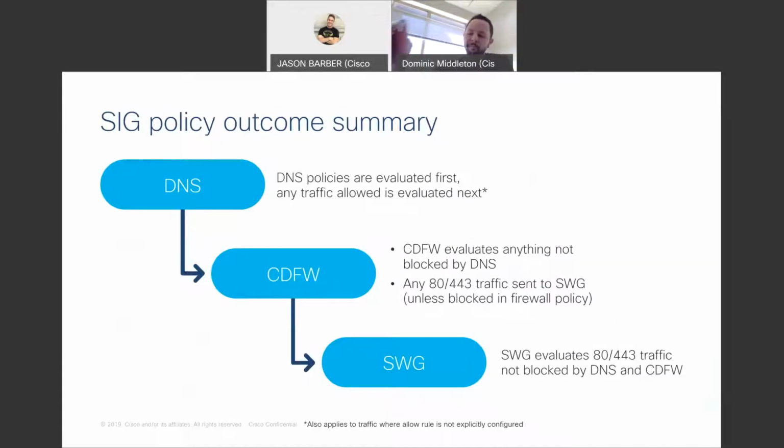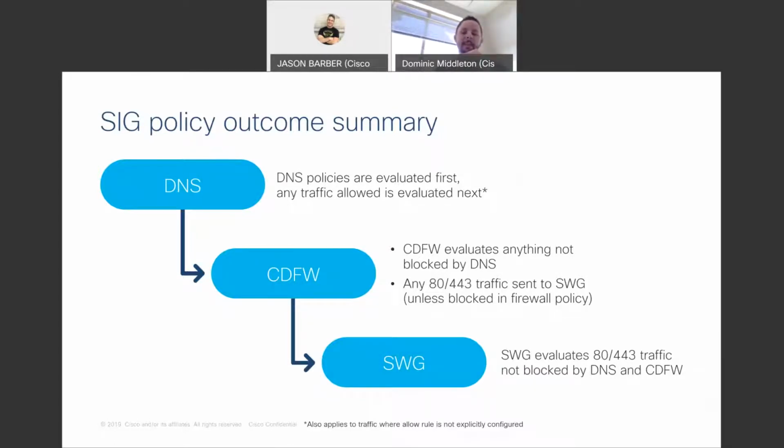So from a flow of information or flow of traffic here, typically what happens first is traffic coming into my network, coming to my laptop here from the internet. It's going to hit my DNS policies first. We're going to see if there's any threats there. We're going to see if there's anything we didn't know about. Talos is going to let us know, hey, this is a bad guy, don't let him in. If it passes all the DNS checks, one more note on that one, DNS first, because that gives us a chance to weed out a ton of bad traffic, so that doesn't bog down our firewall. So that makes the firewall that much more performance oriented.